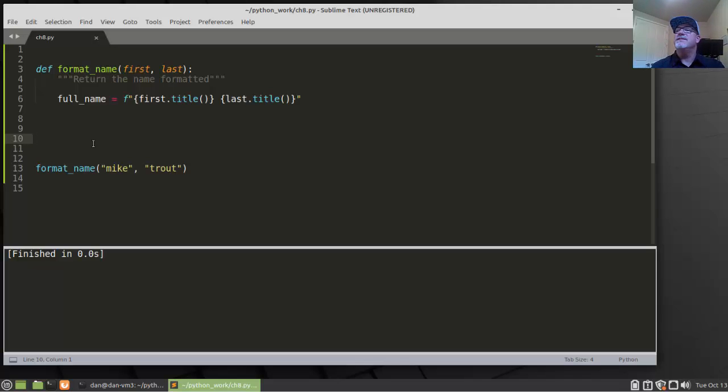Well, what we could do with a function is, instead of using print to print it out, say return. So when the function gets called, it's going to return a value, and we'll say return full_name. So now when you call that function, the full_name variable gets created from the first and last name, and then we're going to return that name, and we should get some output. So now if I do Control B,